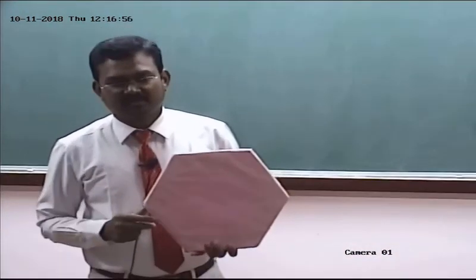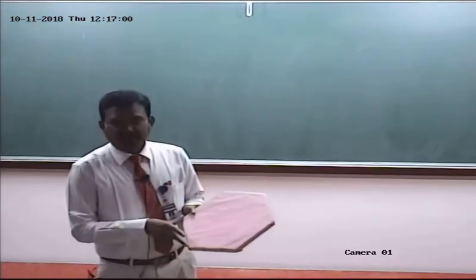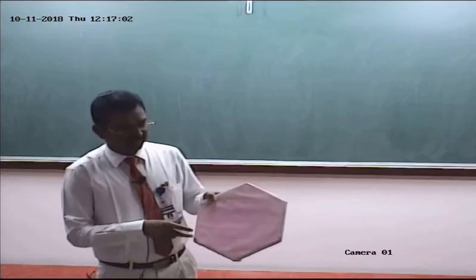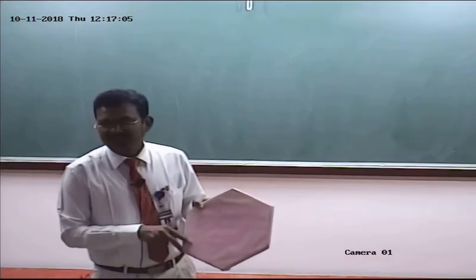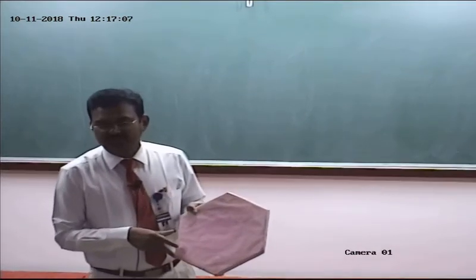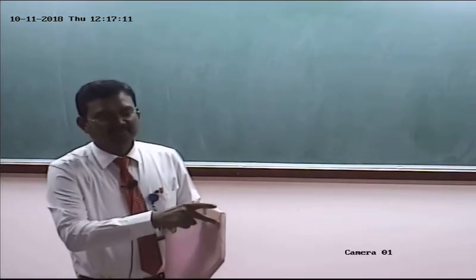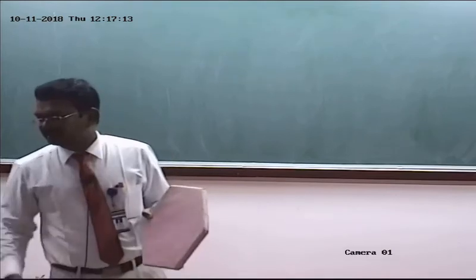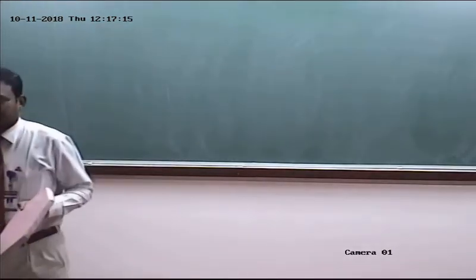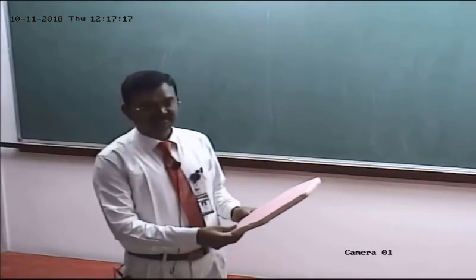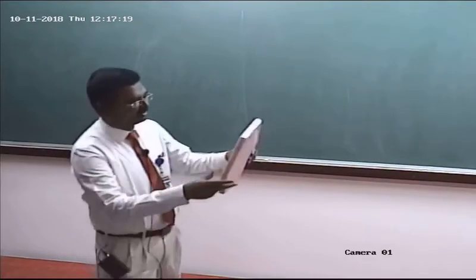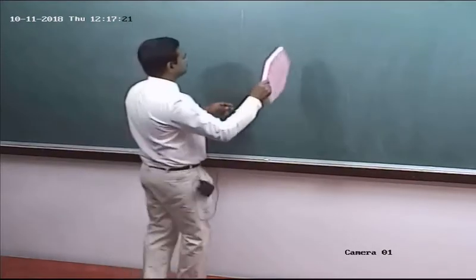The hexagonal plane side is 30 mm. It has 6 sides and 6 corners. Each side is equal to 30 mm: AB 30 mm, BC 30 mm, CD, DE, EF, FA. So each side is 30 mm. What is the condition? One side is on VP. It has 6 sides; imagine one side is on VP.